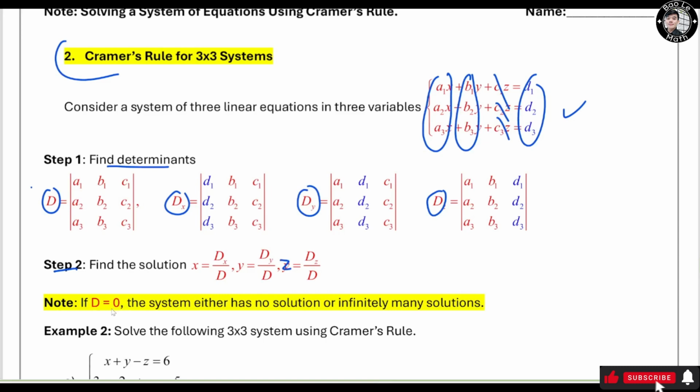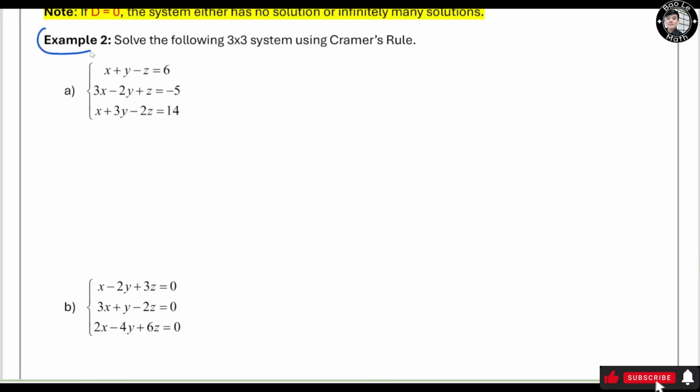Now, if d equals 0, the system either has no solution or infinitely many solutions, similar to the first case, right? Now, let's move on to example number 2. We need to find d. We need to create the determinant A1, A2, A3, B1, B2, B3, and C1, C2, C3, right? In order to find the determinant of a 3 by 3 matrix, we're gonna copy the first two columns over here,